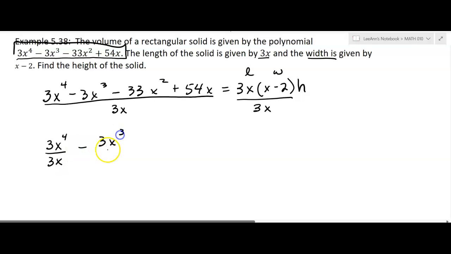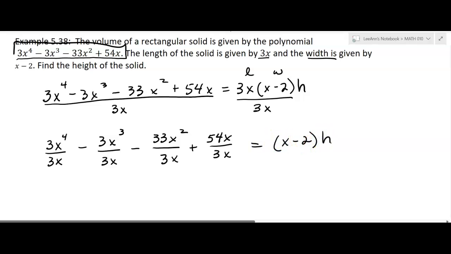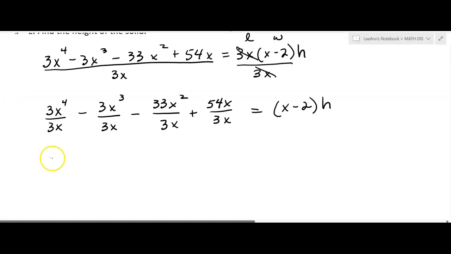That's a monomial. So we don't really have to do the long division or the synthetic division. It wouldn't really work for synthetic division, right? Because it's not in the form. But you're taking each term and dividing each by 3x. Like I said, I think we've seen this before, but if not, I just wanted to explain it. I'm just going to get the 3x out of there and divide each term by 3x. That's going to give me x cubed minus x squared minus 11x plus